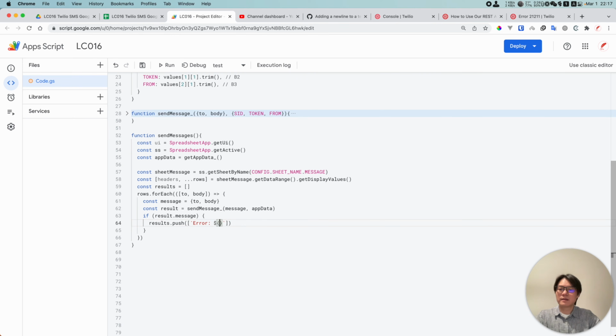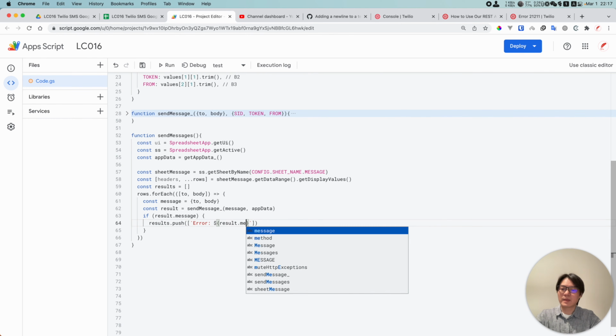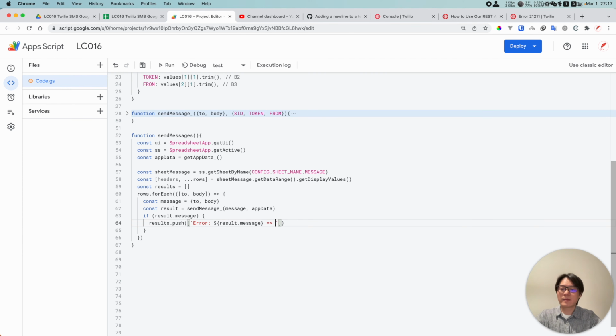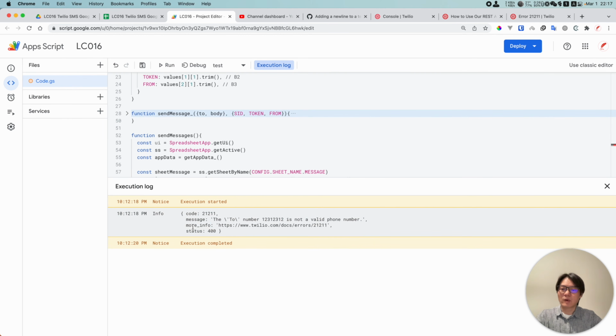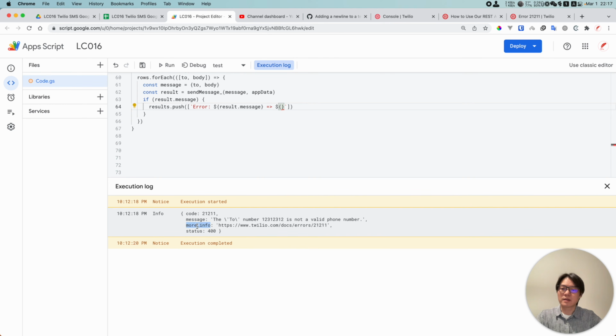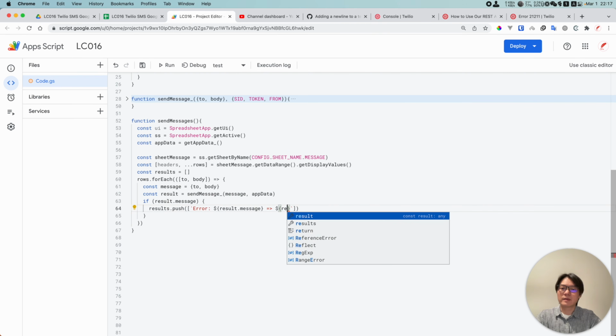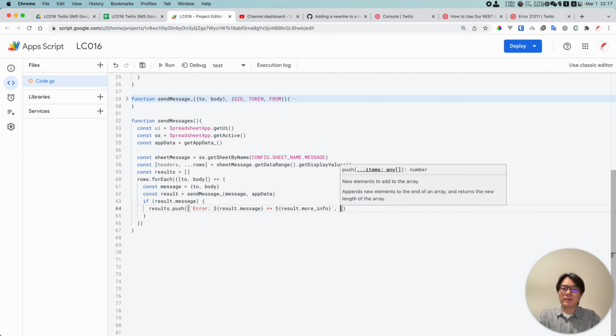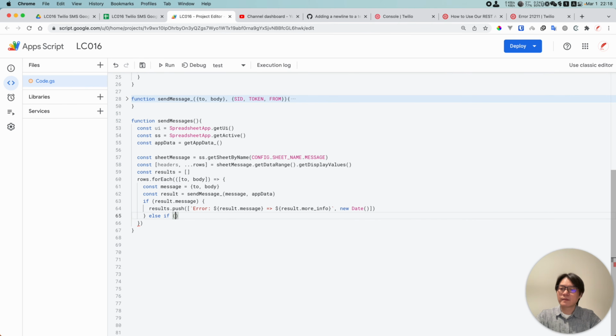So let's say result.message, and I'd like to pass the more information as well, if you remember. So more information is going to be a URL, right? So the users can check this URL. So let's pass this result, not URL, more_info, and this is the message, and we put the timestamp here for the new date, and else if